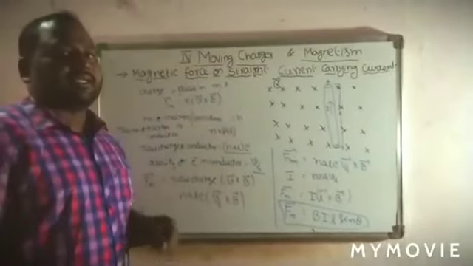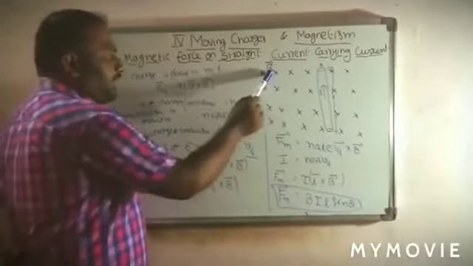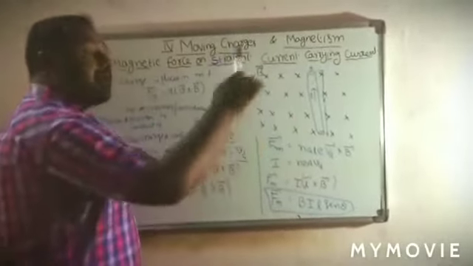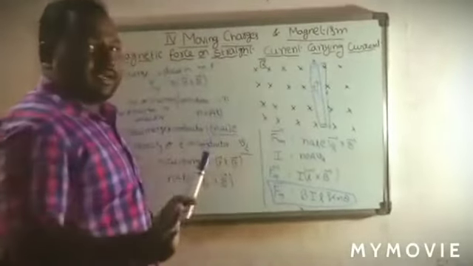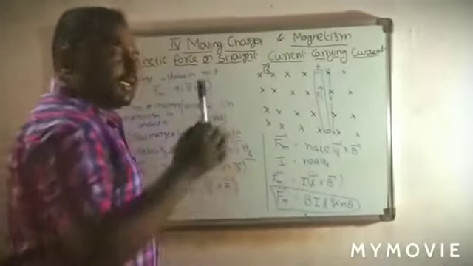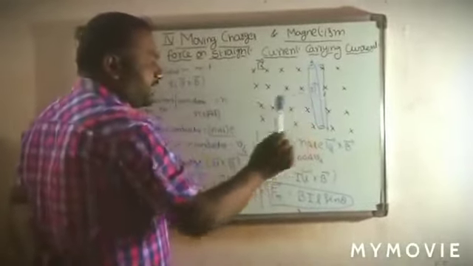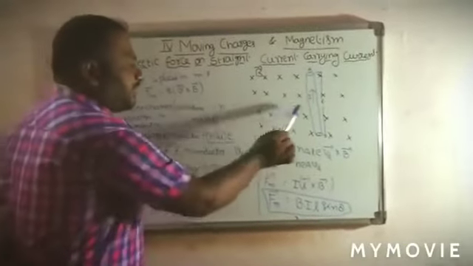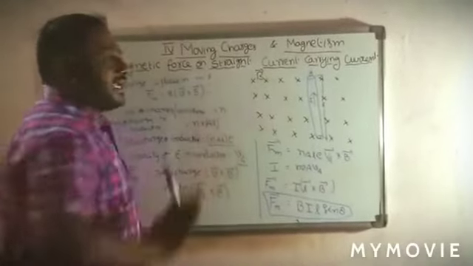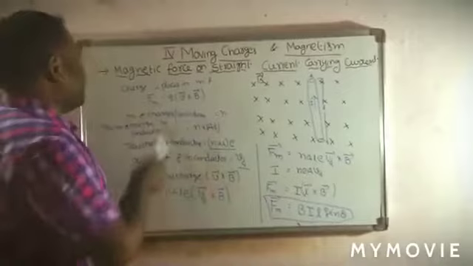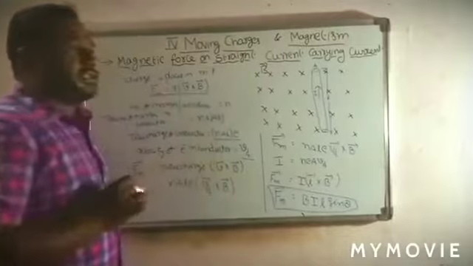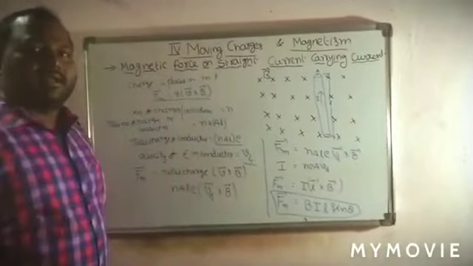Again, say this important derivation. Here I take a magnetic field, and this cross represents the magnetic field. This magnetic field is due to some other charge, not due to this current carrying conductor. Remember that this magnetic field is not related to this current carrying conductor. In that magnetic field we place a current carrying conductor. Now when a charge is placed in a magnetic field, we already know that the force is Q into V bar cross B bar.